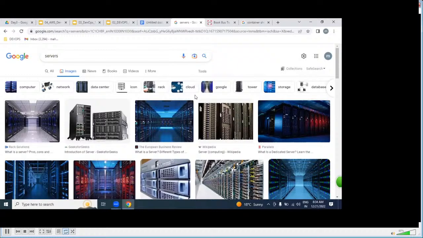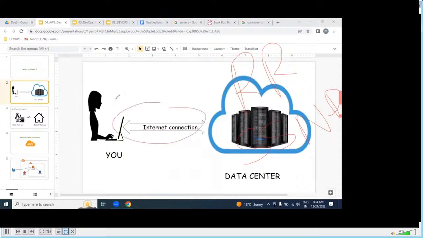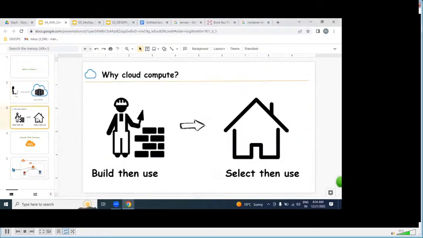Over the internet, we are going to be accessing these data centers from your laptop, and that is nothing but a cloud. What is a cloud? Remote placed resources like servers, storage, network, and database. If we can access them over the internet from your laptop, that is nothing but cloud computing. But cloud is specifically rental based resources only.